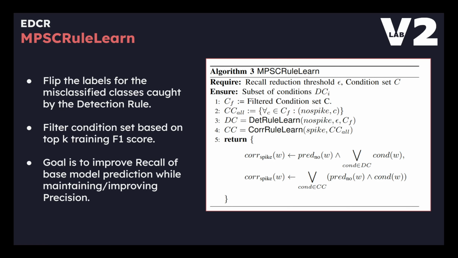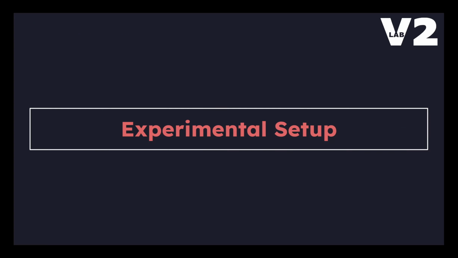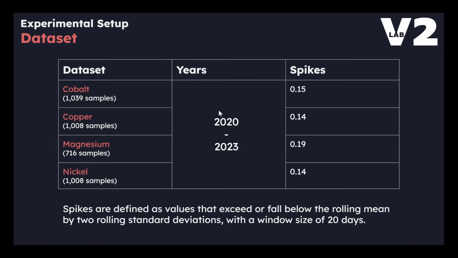So that's why our goal with our experiment was to see if this algorithm could maintain the precision or at least improve it while increasing recall. Or in the worst case scenario, at least try to keep the precision-recall trade-off at a minimum or more to our favor. But first let's look at the setup, then we'll go into the results later.